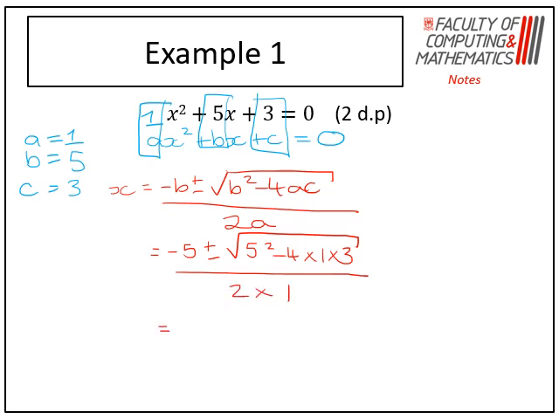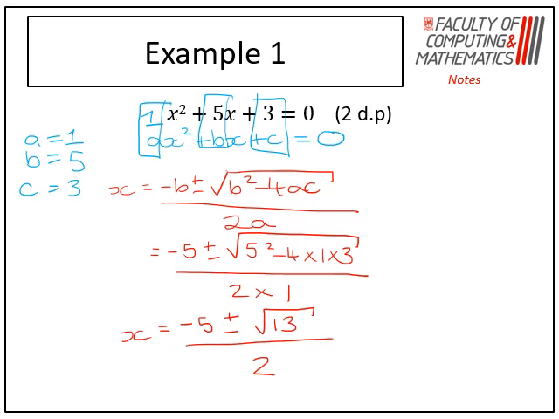Make sure, more often than not, you're going to get a mark for tidying that up slightly. If we deal with what's underneath the root sign at the moment, we've got 5 squared, take away 4 times 1 times 3, which gives us 13. So we've got negative 5 plus or minus root 13, and that's all over 2. So that's your x equals 2. Now, you know that from